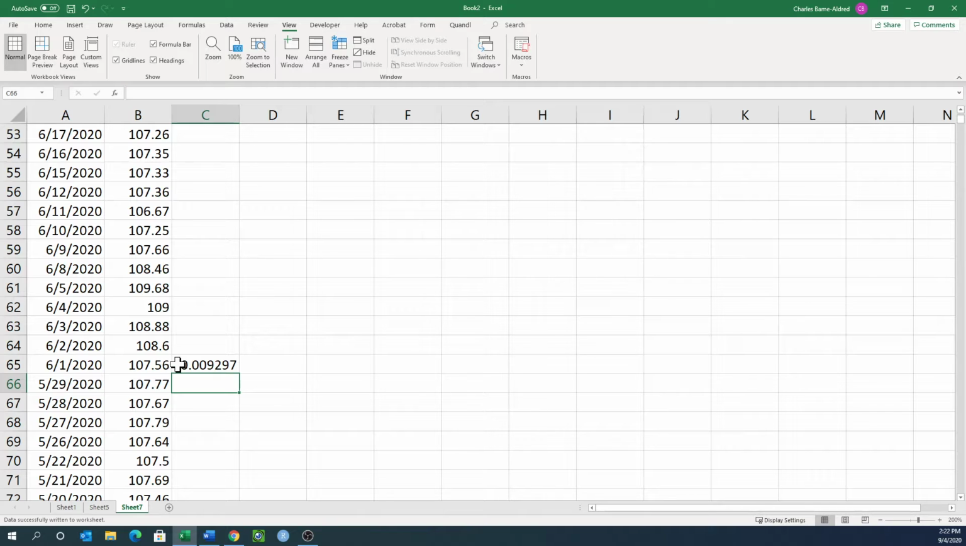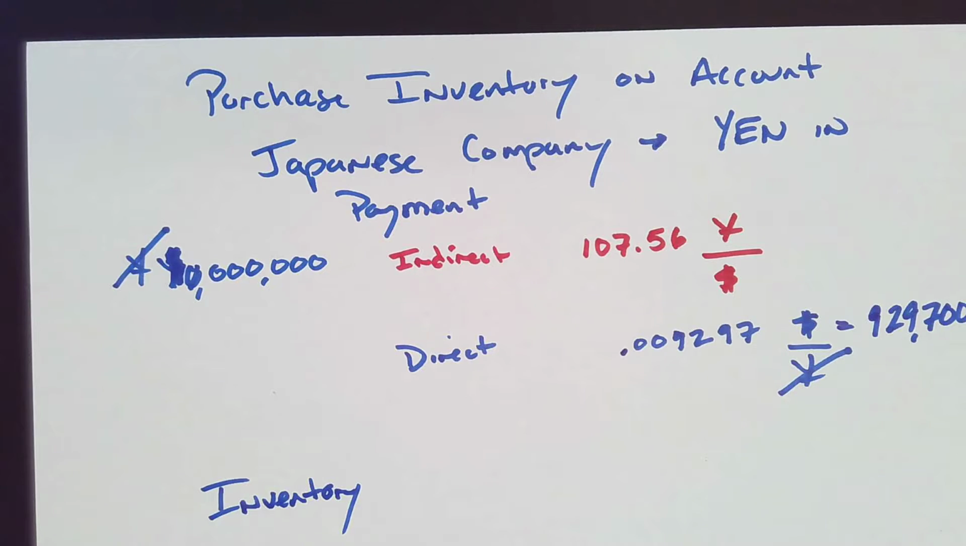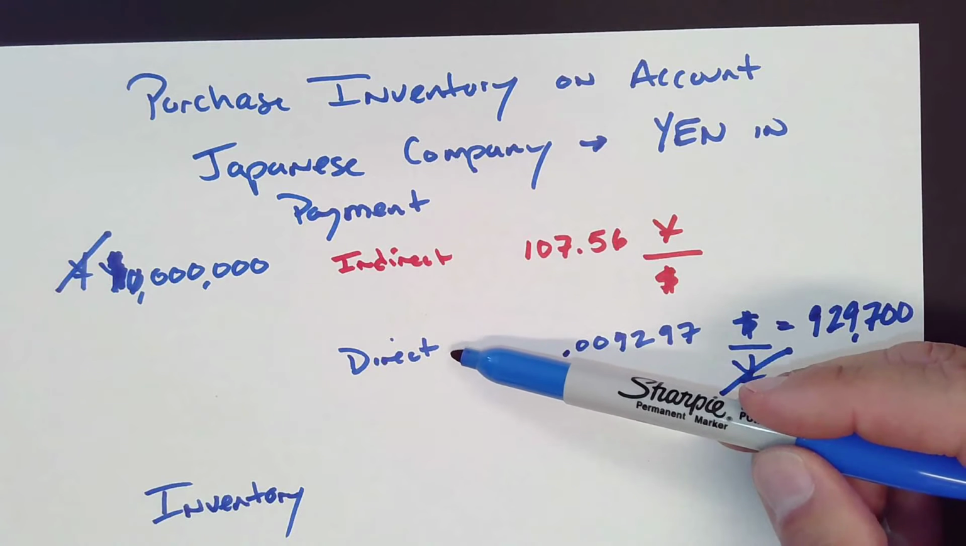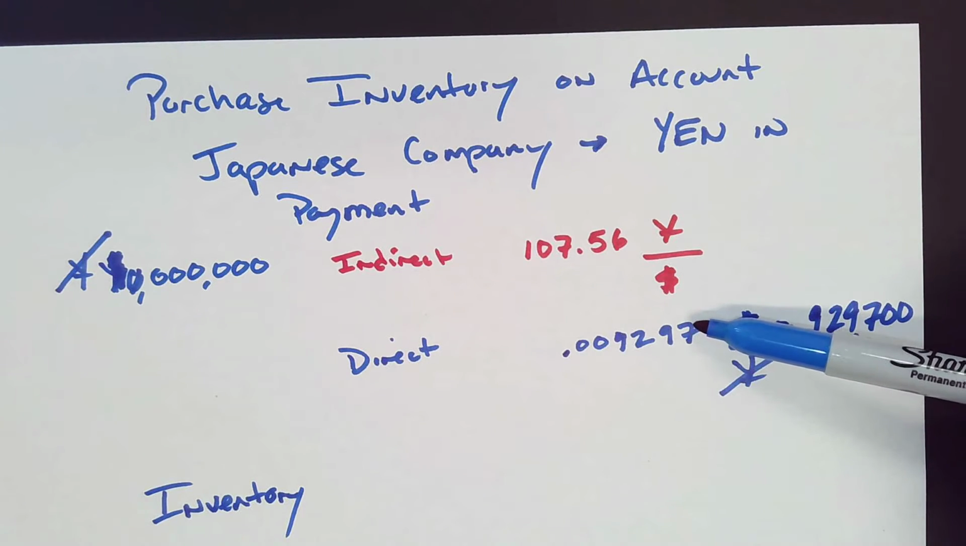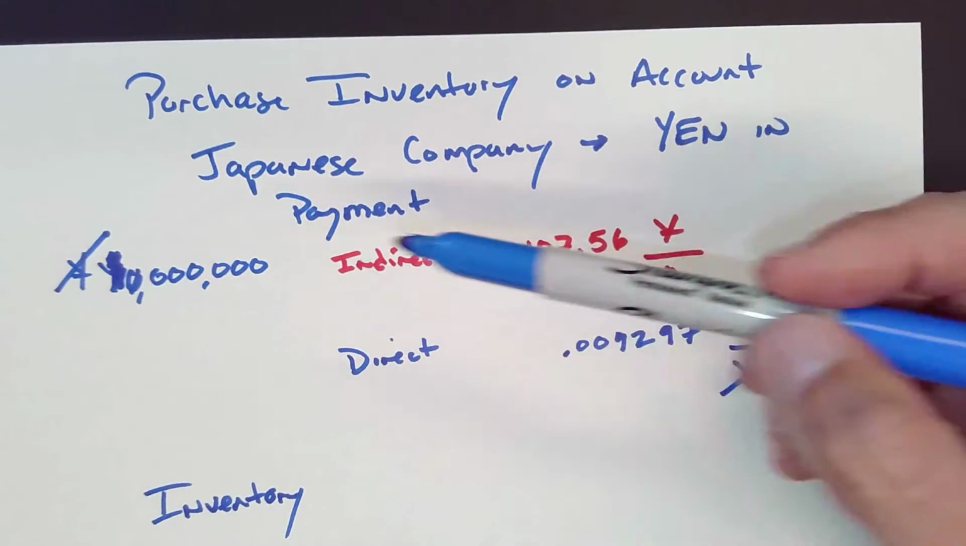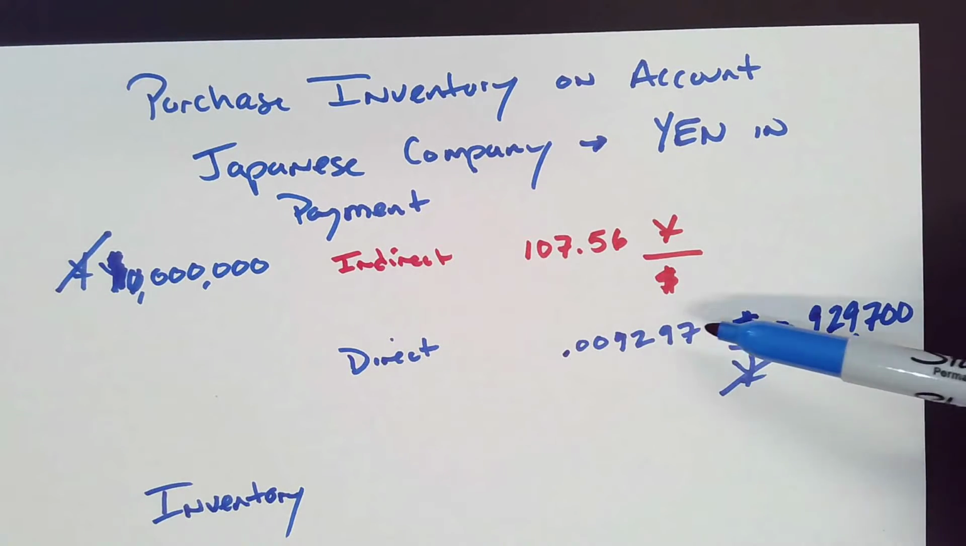Is going to increase, and this is all in US dollars, because remember, we have to record all of this in US dollars. Okay, so again, here's our indirect rate, yen to dollars. Here's our direct rate, we've just converted that, the reciprocal. Yen is going to cancel out, so it's going to be our 10 million times 0.009297 should give us